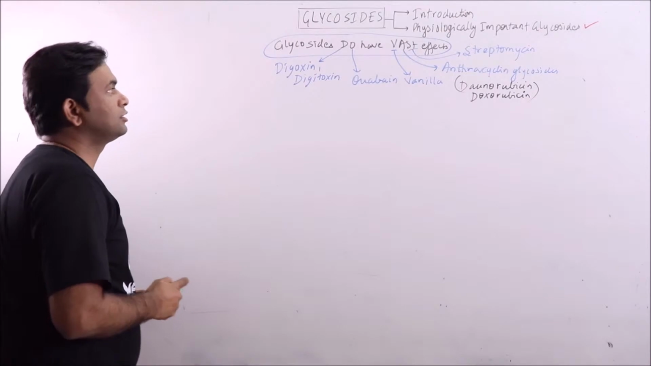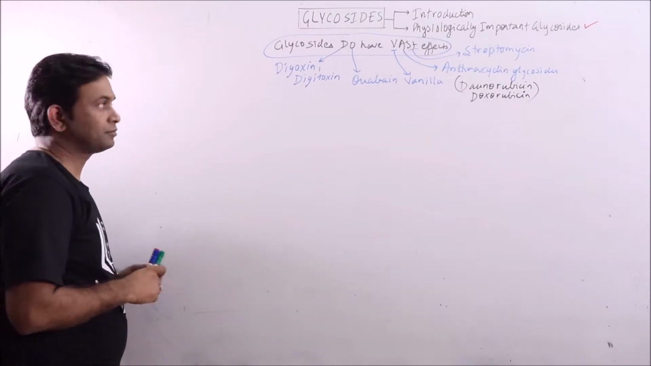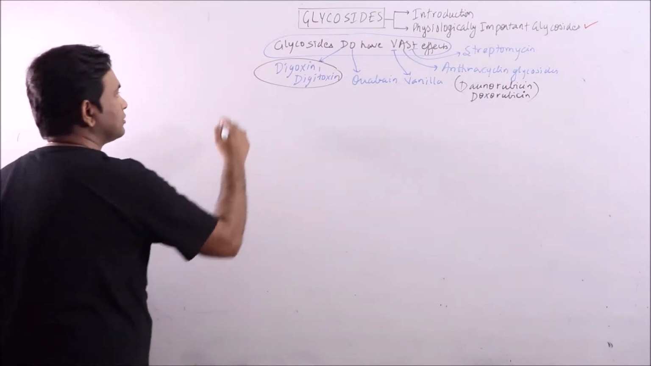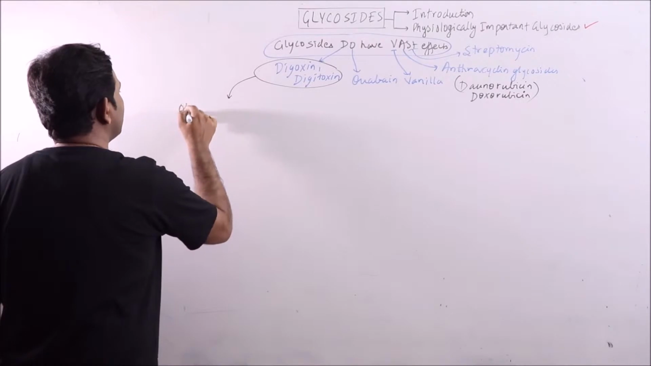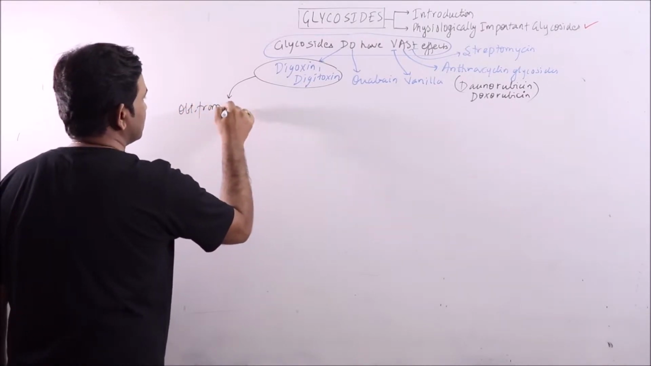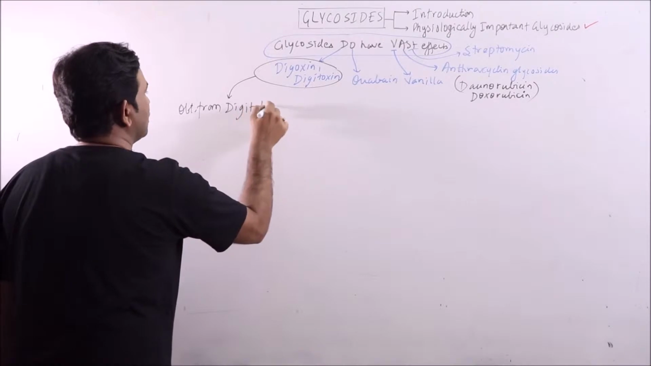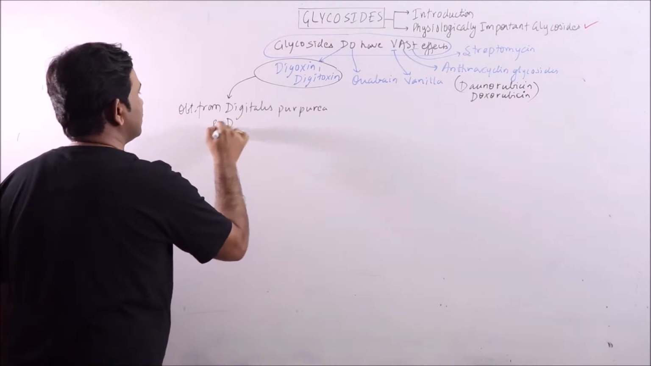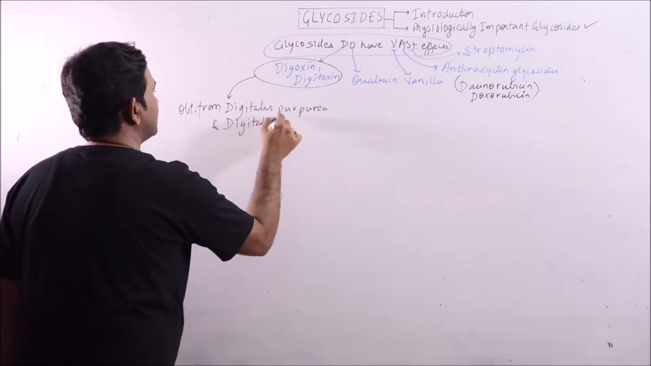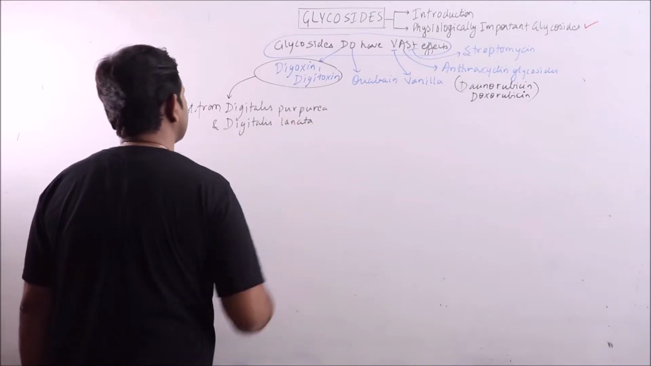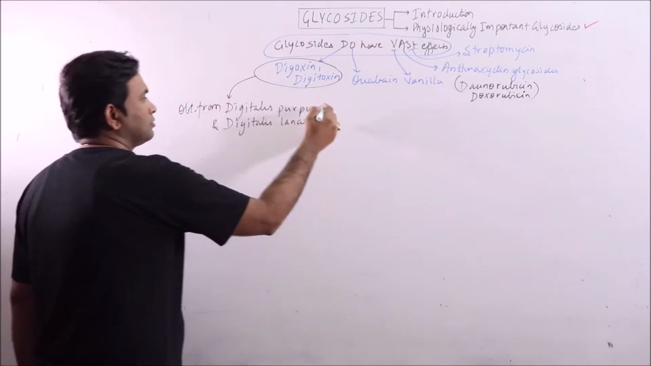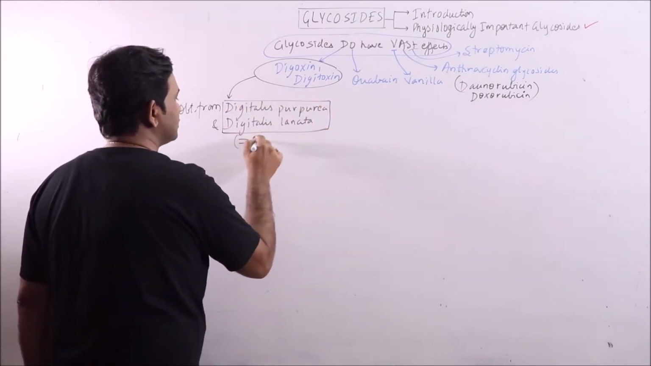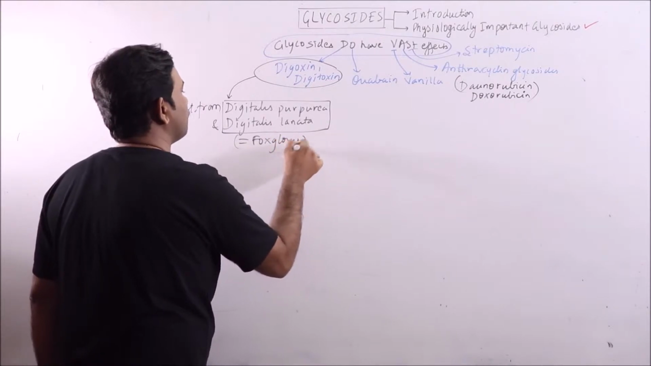Now, first we'll discuss Digitoxin, Digoxin and Ouabain. First one is Digitoxin and Digoxin. These are obtained from Digitalis purpurea and Digitalis lanata. The members of genus Digitalis are commonly termed as foxgloves,